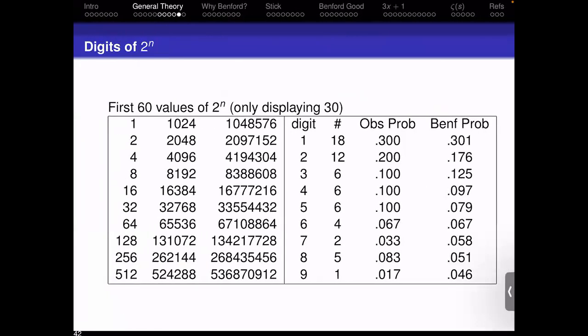All right, so looking at the values of 2 to the n to just see how quickly does Benford behavior set in. So this is the first 60 numbers. I'm only displaying the first 30 because the numbers are getting quite large quickly. We can see that for the small numbers, the probabilities look pretty good. They look pretty close to Benford. For the larger ones, especially 9, the probability is not so great. But again, the expected number of events is quite small. A lot of times when you're doing data analysis for something like this, you should probably combine a bunch of things to have a reasonably sized probability and a reasonable number of events.